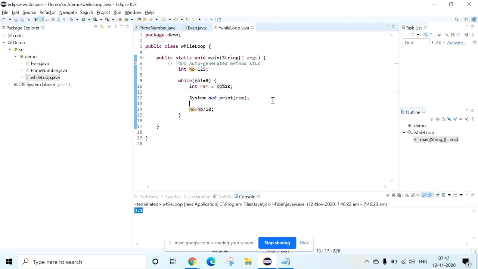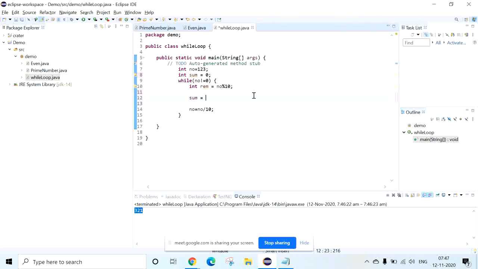What I am going to do is declare one variable, int sum equal to 0. Now sum equal to, what we need to do is make the whole number.